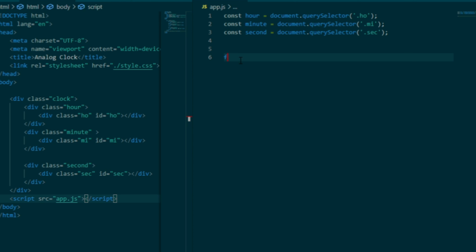Now let's declare a function to rotate the hands, I mean every hour, minute and second hand. So let's start with these codes. Now let's start with grabbing the new date.